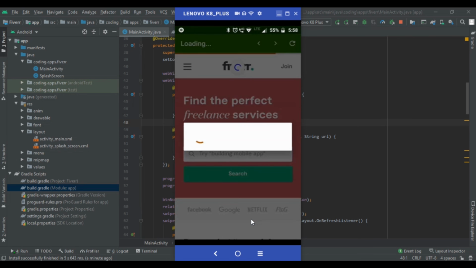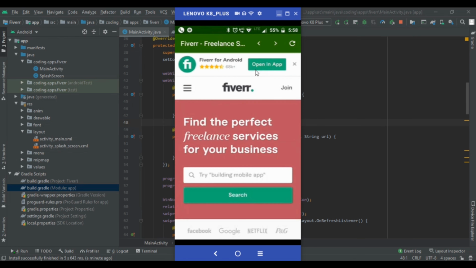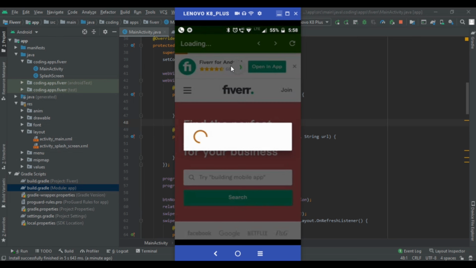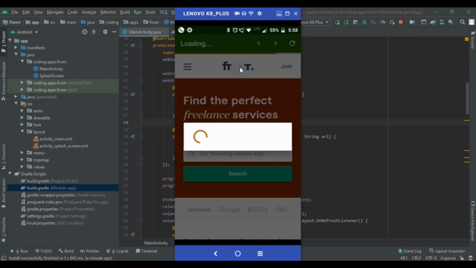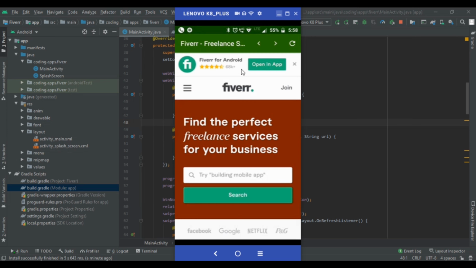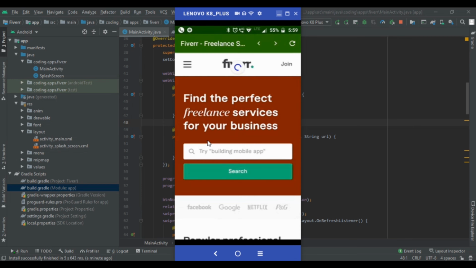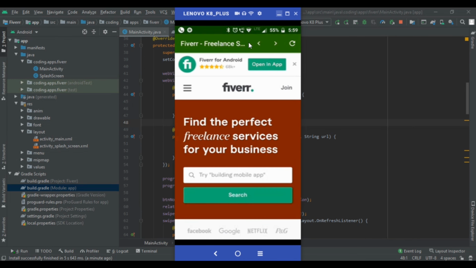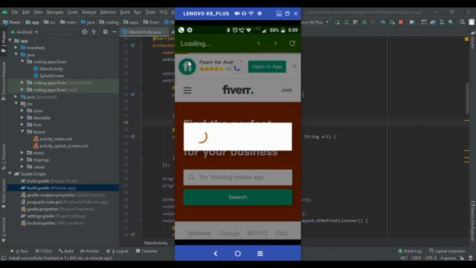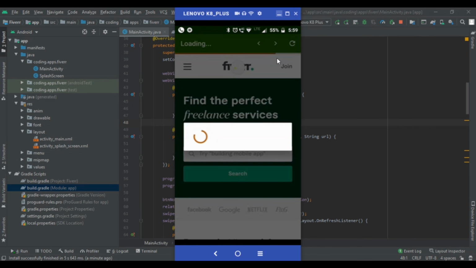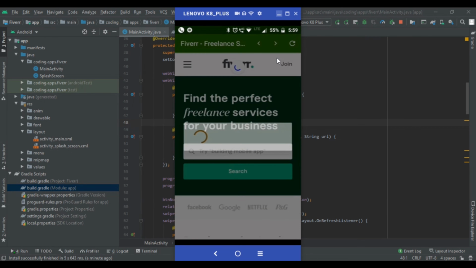Okay, so it is reloaded. You can see that on swiping we are getting this swipe layout. So you can choose any of the options as per your choice. Here you can use this swipe refresh layout or a loading dialog, processing dialog or a progress bar that you are showing here.